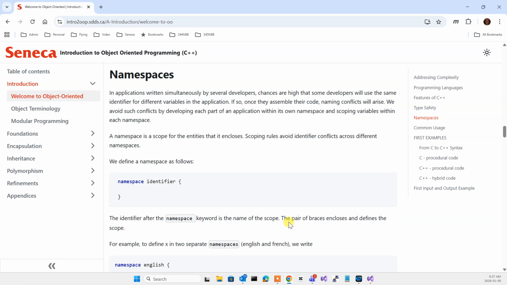Namespaces, a bit too early to talk about it. That's why we're jumping back and forth. If you look at it over here, we have modular programming, and now we have namespaces over here. I'm going to jump right into modular programming now to explain what namespaces are, because namespace means nothing without modular programming. Okay, so before actually getting to this, what I'm going to do is tell you